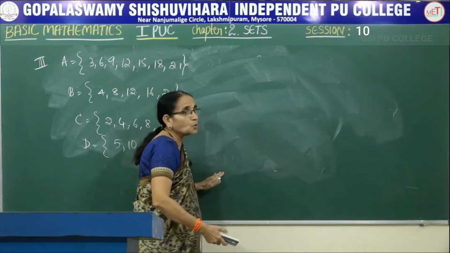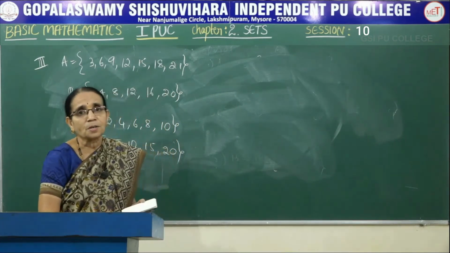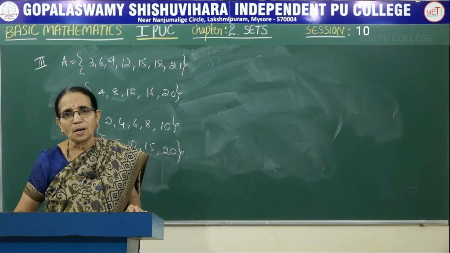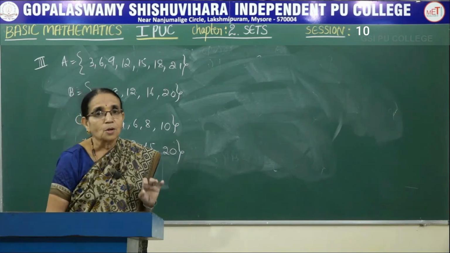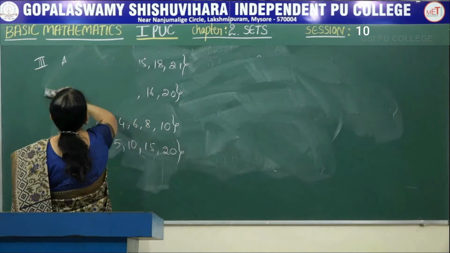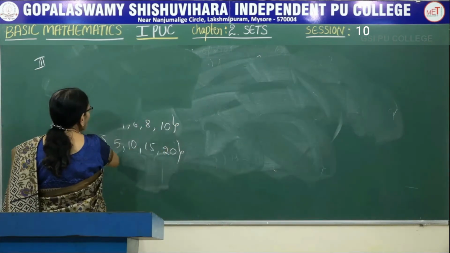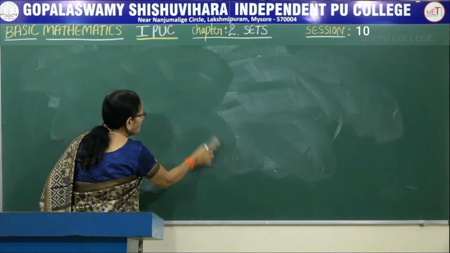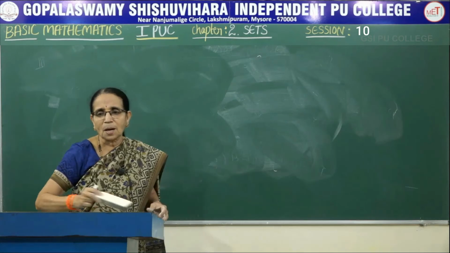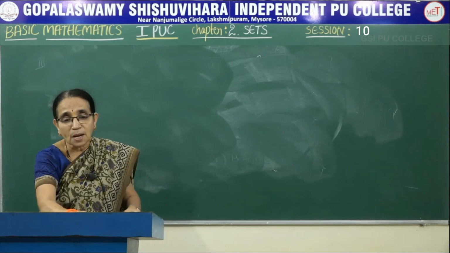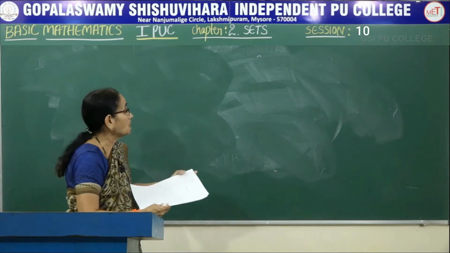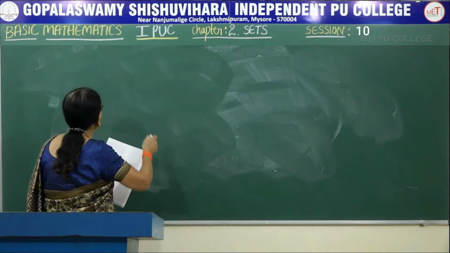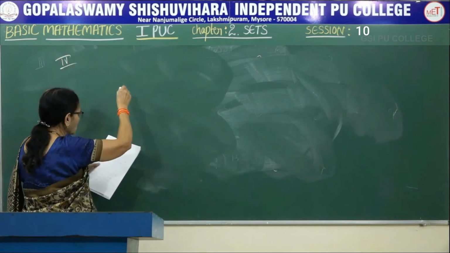In the case of union or intersection, the order is not important. If A union B is given, even if you read B union A, the answer would be correct. Whereas in the case of the difference, you have to take the order. Order is very important. If A minus B is given, you have to take A minus B only. If B minus A is given, you have to take only B minus A, because A minus B and B minus A, though the operation is the same, are two entirely different sets. They will not have any common element. Now let us move on to the next one.